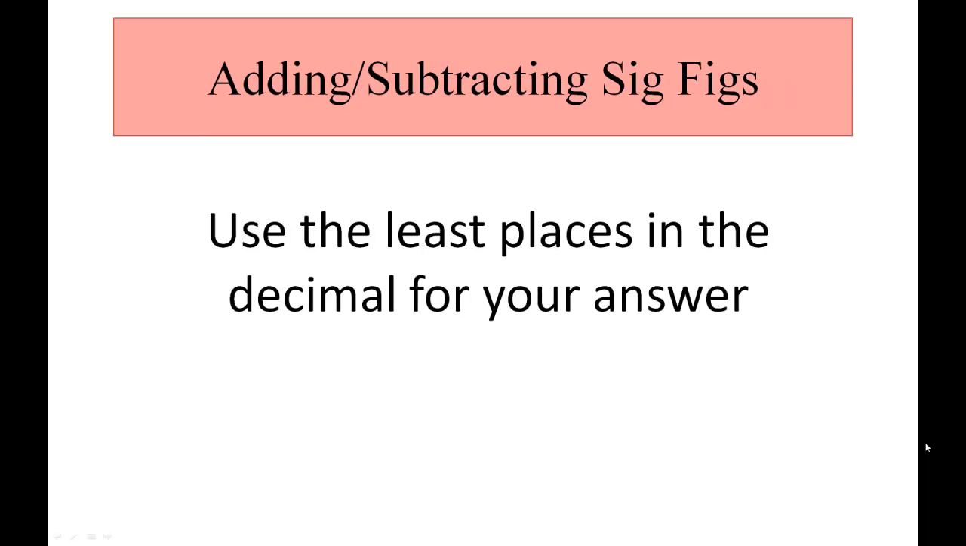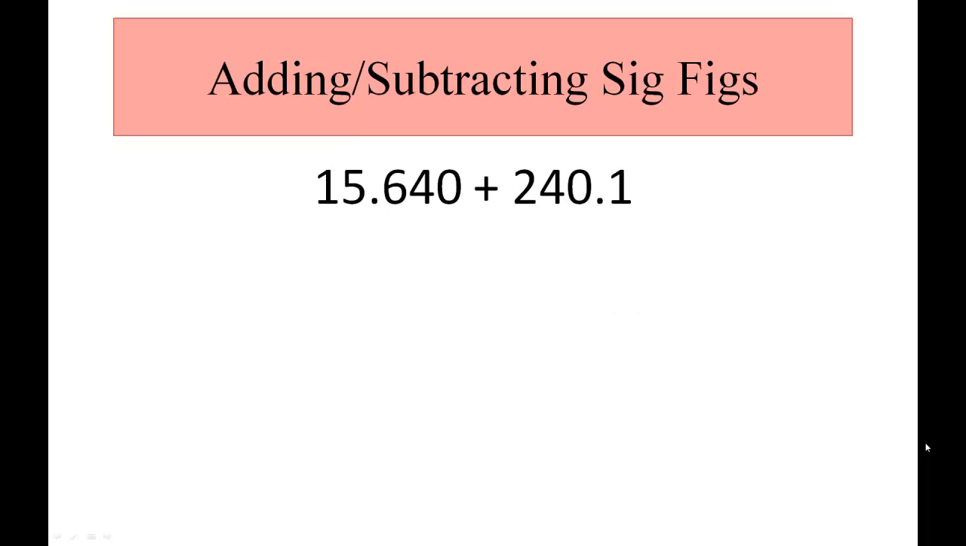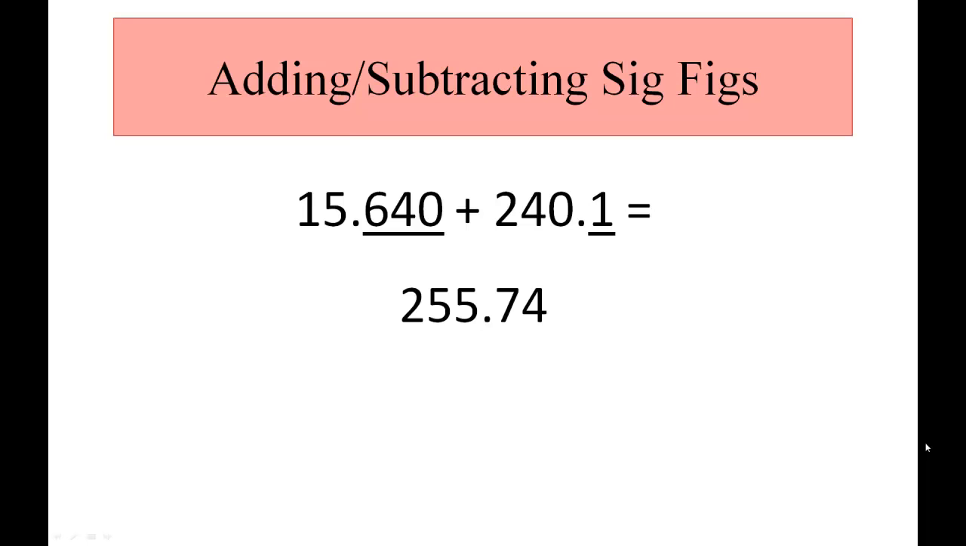When adding or subtracting, you use the least places in the decimal for your answer. In order to show you that one, I'm going to give you this example first. 15.640 plus 240.1. Notice that the 15.640 goes 3 places past the decimal, and the 240.1 only goes 1 place past the decimal. When I plug this in my calculator, I get 255.74. But since the 240.1 only goes 1 place past the decimal, I can only take my answer to 1 place past the decimal, so I would write down